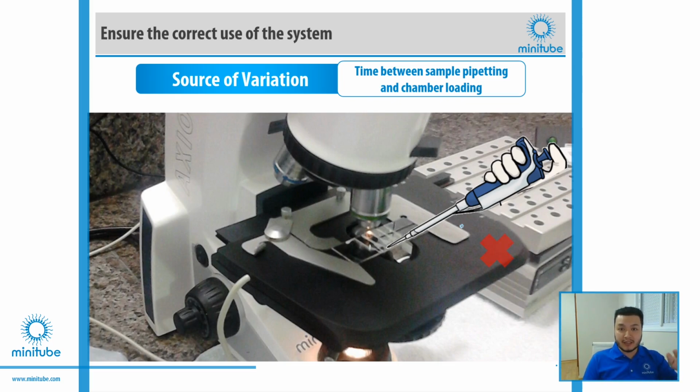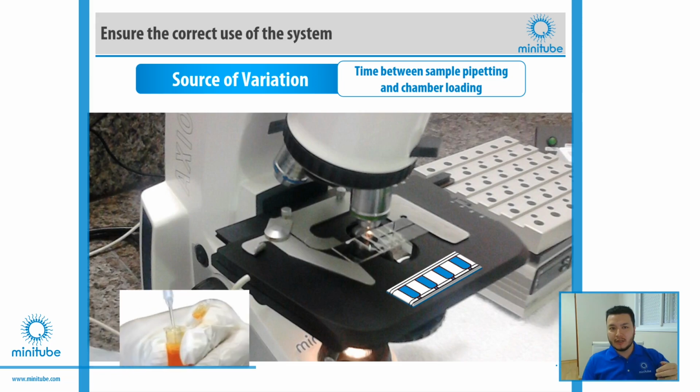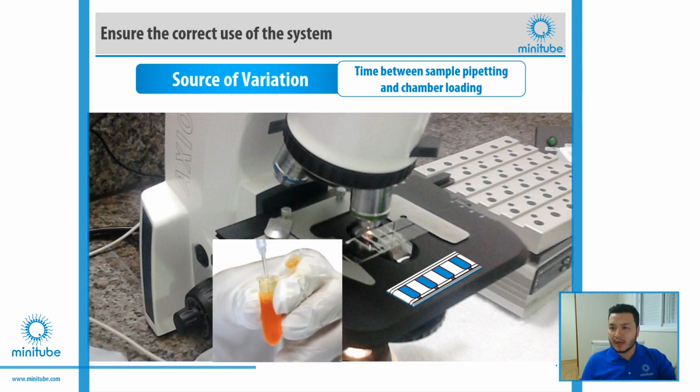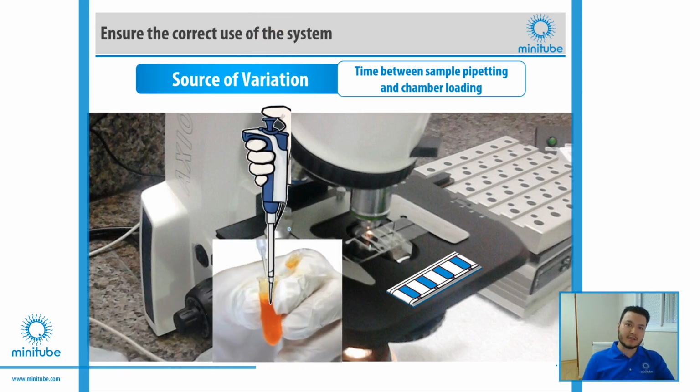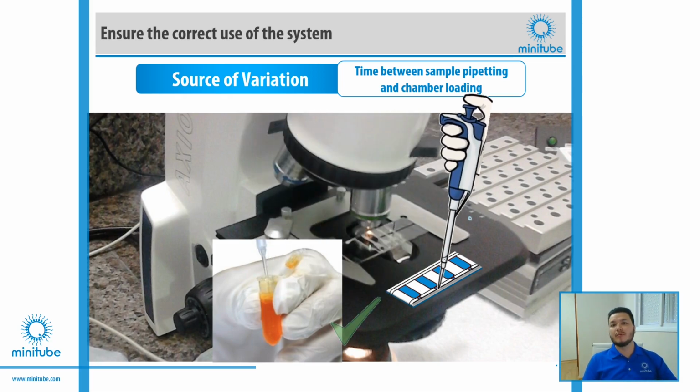Thus, look at the needed pipette angle in this case. It's wrong as well. The recommended procedure consists of putting the counting chamber previously on the heated part of the stage. Position yourself closer to the microscope, then take the sample and immediately load the chamber. This will improve your motility results a lot.